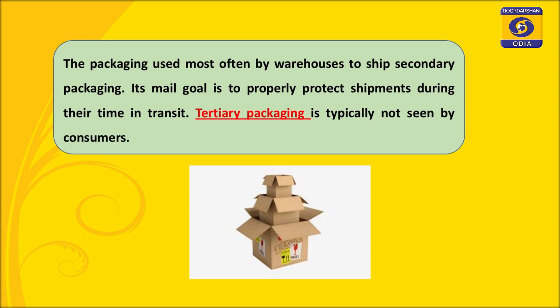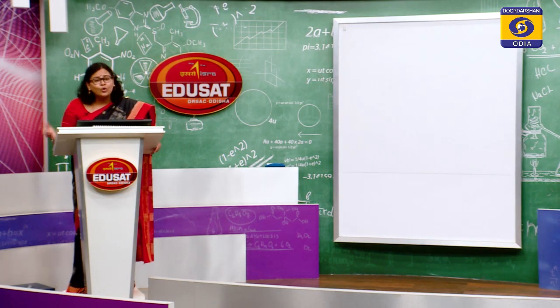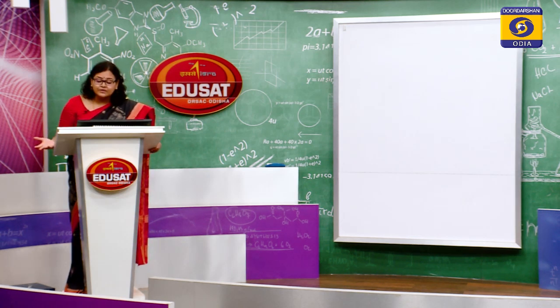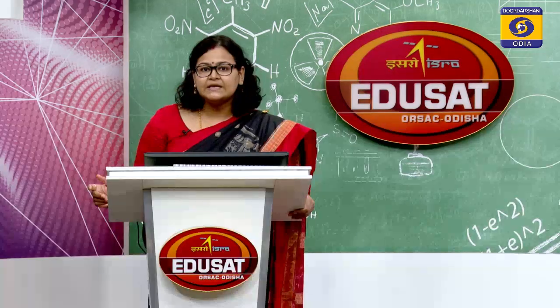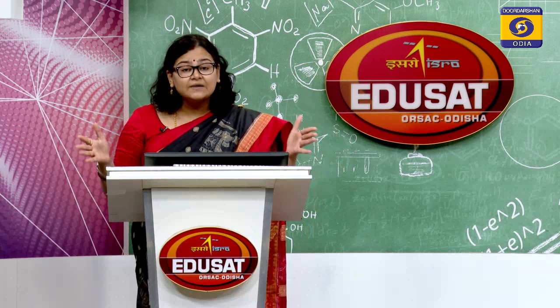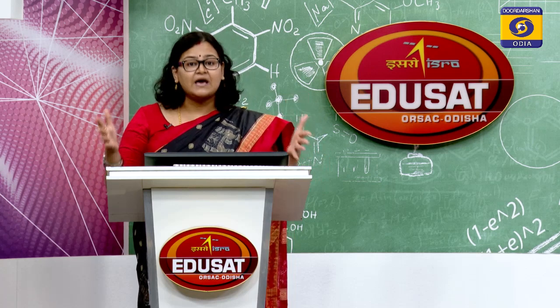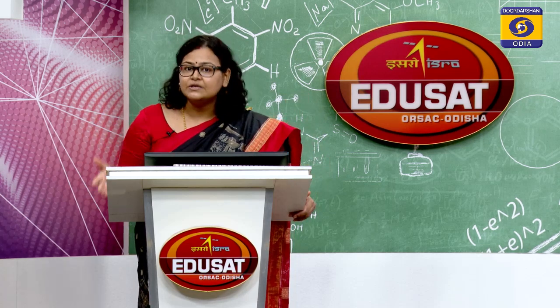यानी कि इस तरह का है कि प्राइमरी पैकेजिंग जो है वो सेकेंडरी के अंदर है, और सेकेंडरी को कैरी करने के लिए जो कंटेनर चाहिए उसको, और जो पैकेजिंग चाहिए उसको हम कहते हैं टर्शियरी पैकेजिंग. क्यों चाहिए? बिकॉज इन ऑर्डर टू ट्रांसपोर्ट द गुड्स, for the shipping of the goods. Okay, so its main objective is to properly protect the shipments during their time in transit. यानी कि 1-2 डब्बे लाना और बहुत सारे डब्बों को एक डब्बे में भर के लाना. तो जब हम बहुत सारे डब्बों को एक बड़े डब्बे में भर के लाते हैं तो वो बड़ा वाला जो डब्बा है जो कि शिप में या ट्रक्स में आ जा सकता है, उसको हम कहते हैं टर्शियरी पैकेजिंग.